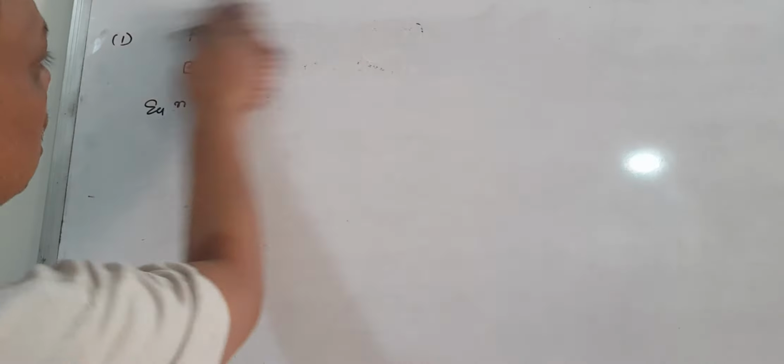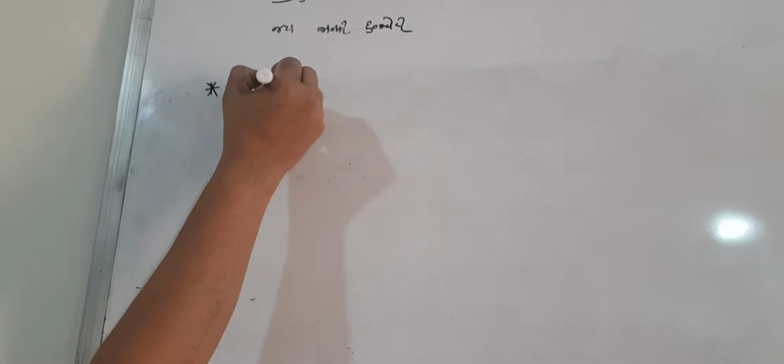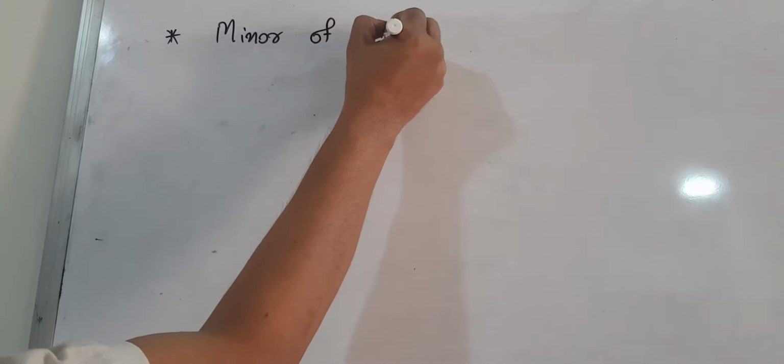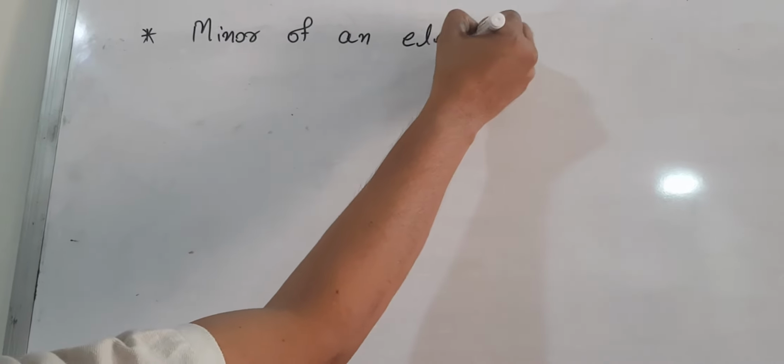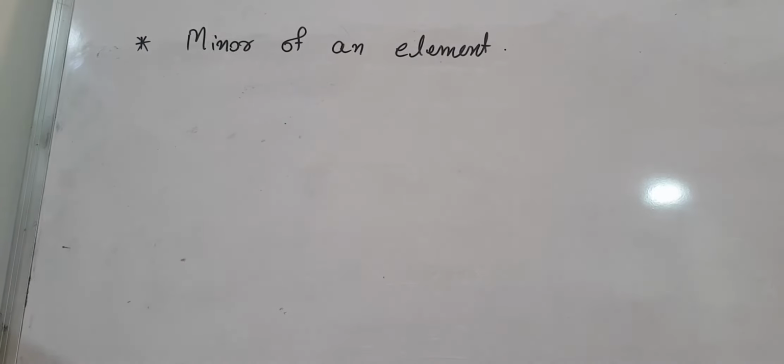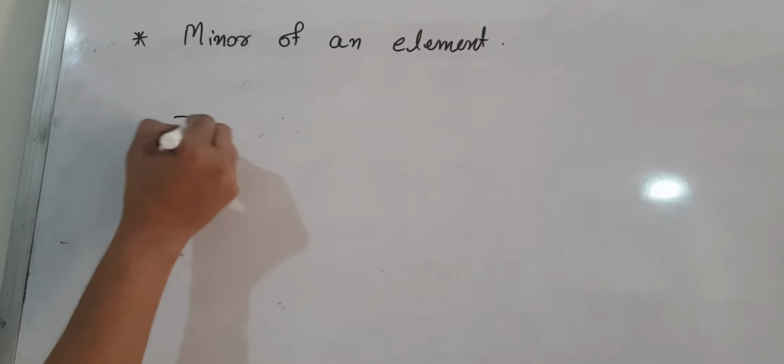Now the next point is regarding the cofactor and minor of an element. Please see, I will repeat again. This is a very good point. Minor of an element. Suppose there is any determinant D given,